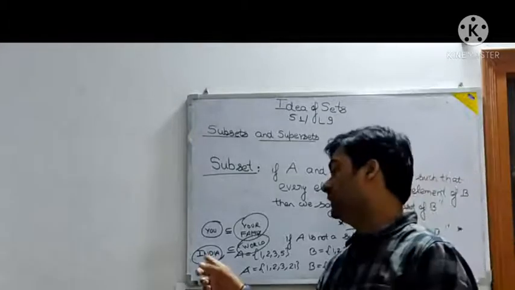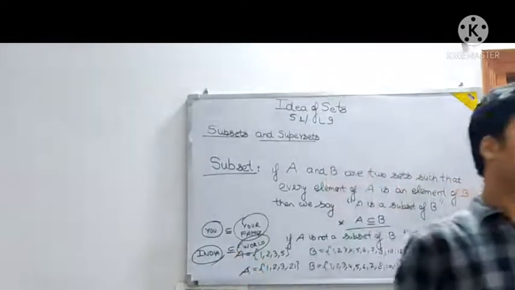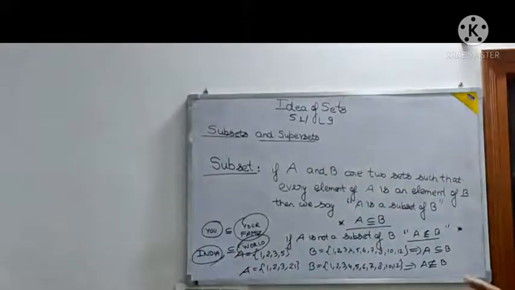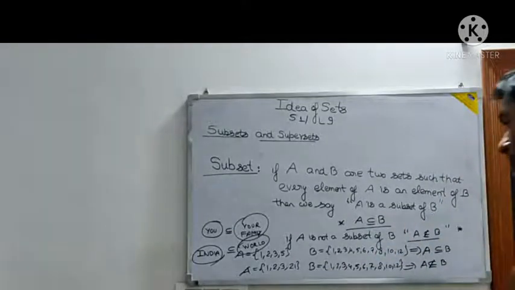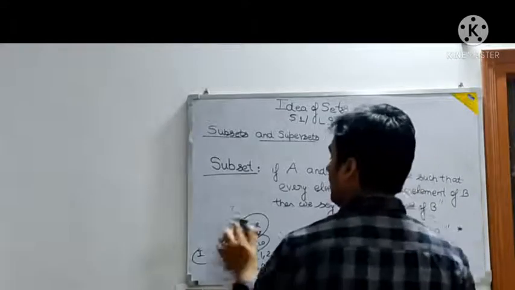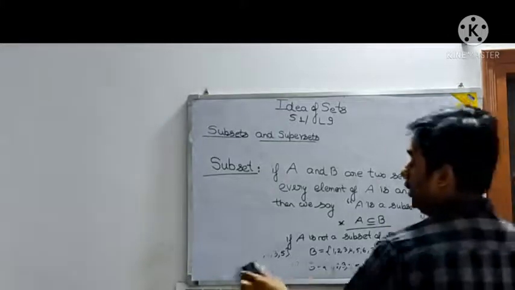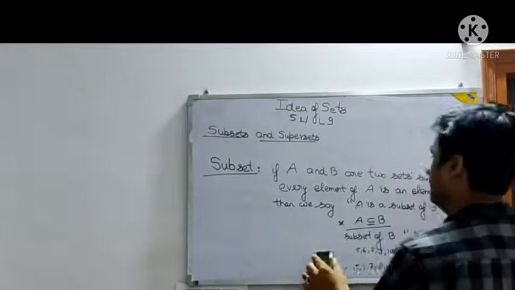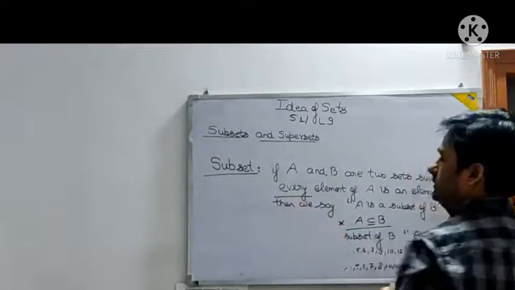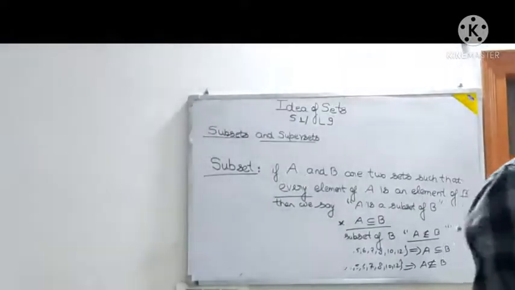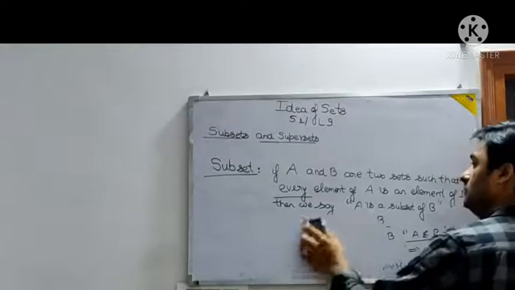That means this is the smaller unit which is made from this only. So don't write an example like this, but write in this form only, because we have to study mathematics and not anything else. Clear? So if it is a subset, we write like this. If it is not a subset, we write like this. All the elements of A should be there in B. See here, the word is every element. Even if one element of A is not in B, then we cannot say that A is a subset of B. Now understood this thing?